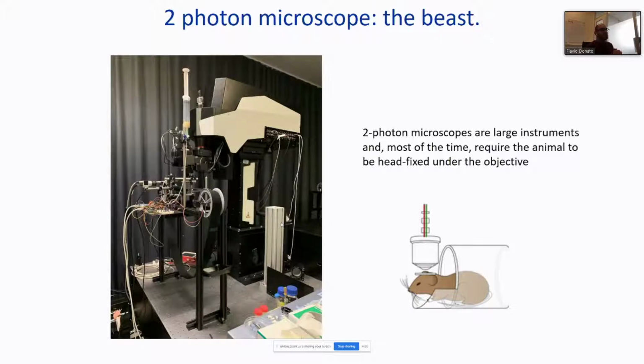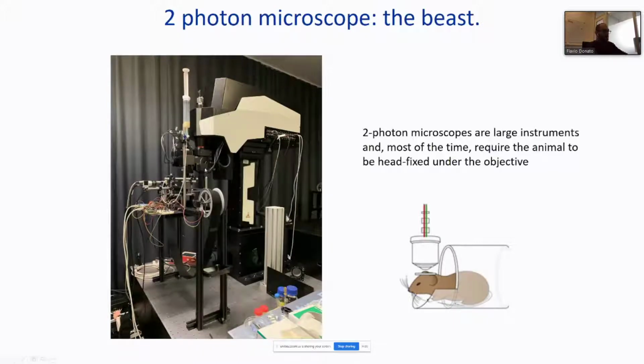So what happens usually is that because the objective is basically fixed and you don't want to have motion, the animal cannot just go in and out of focus. What you do is that you basically clamp the mouse head here through a head fixation system. The mouse is able to do something under the two photon, which depends on the type of dynamics or the type of phenomena that you want to investigate. And then at the same time, you record activity from the neurons that express the calcium indicator and that you have made visible by your craniotomy, or let's say your cranial window,